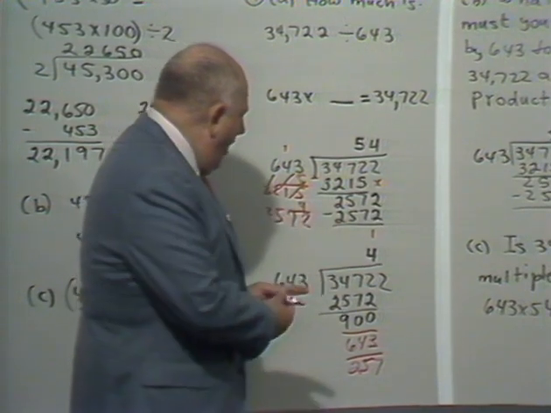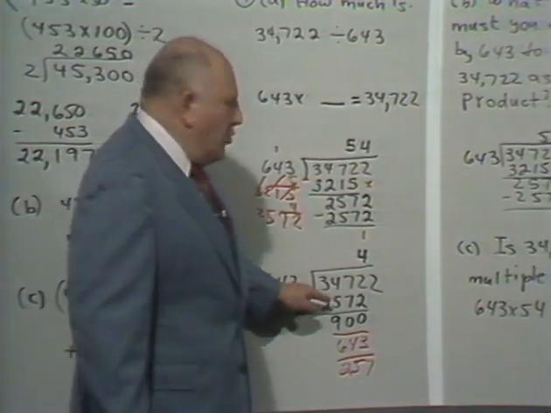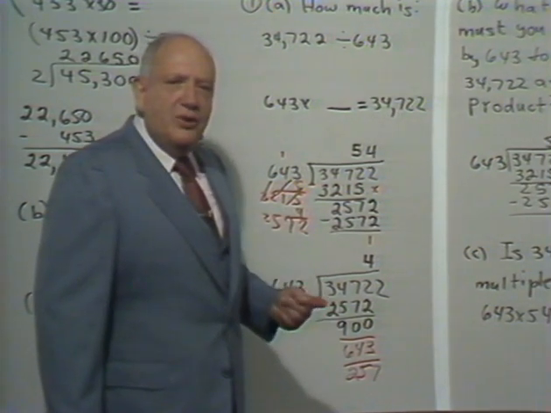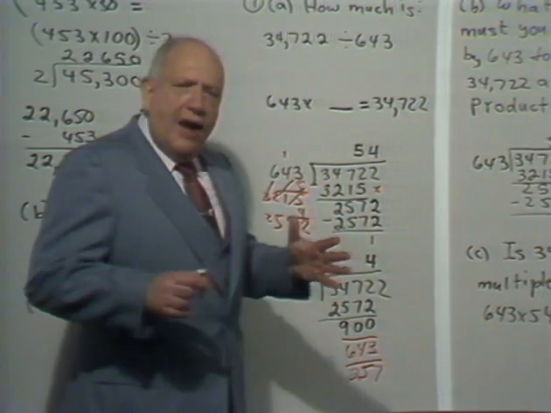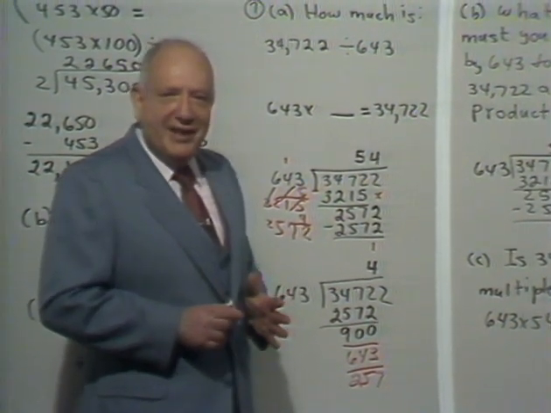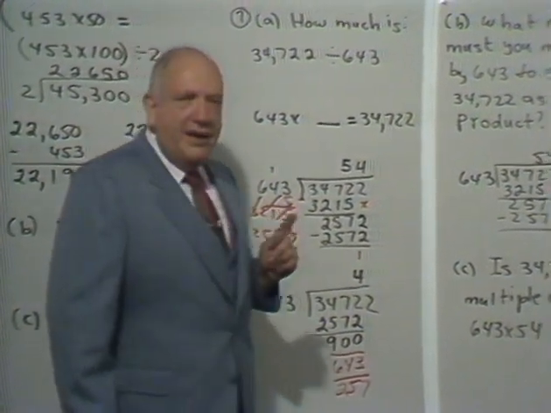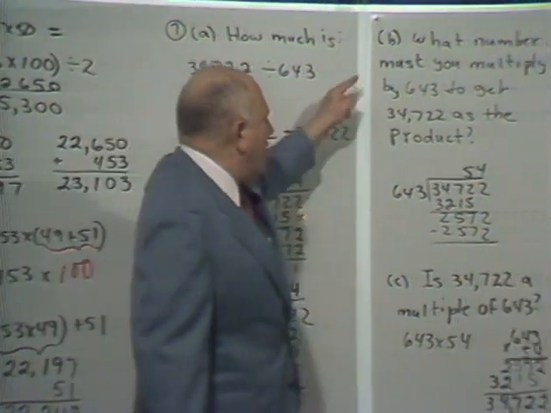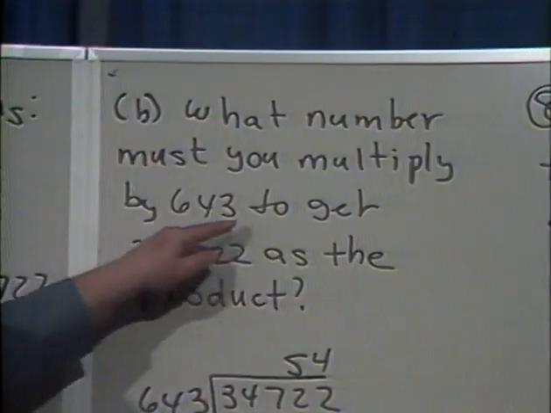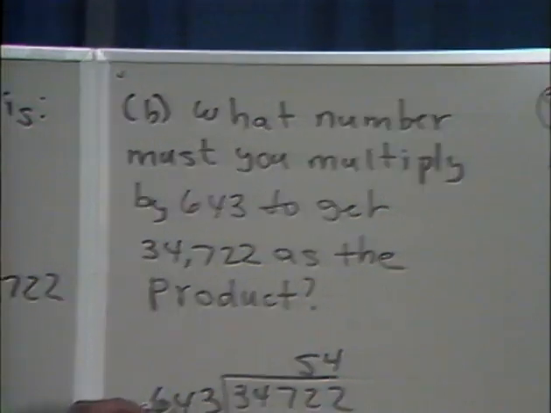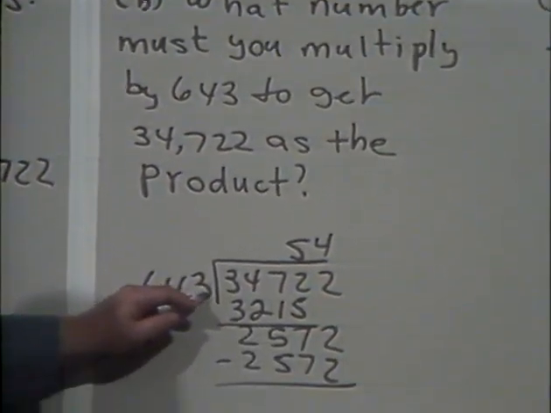You see, if you ever guess wrong, one of 2 things will happen. You'll be subtracting too much, which tells you you picked too big a number, or you'll have more left over than your divisor, which will tell you you've subtracted too little. Okay, do you see the idea there? Now, part B is just a rewording of part A. Part B says, what number must you multiply by 643 to get 34,722 as the product? Well, you see, in problem A, we showed that 643 goes into